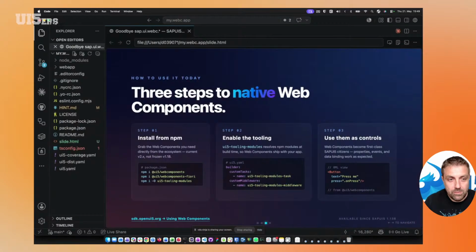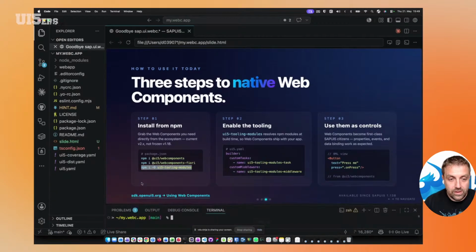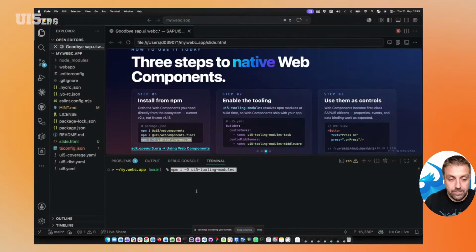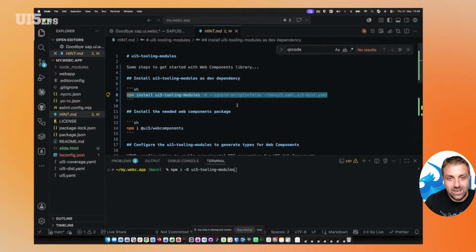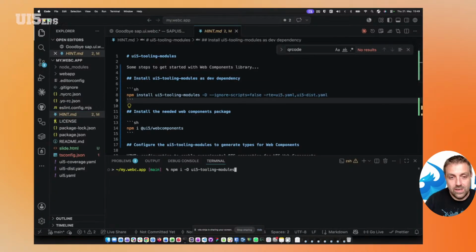So this is a UI5 TypeScript project behind the scenes. You can very easily install the web components into an existing project. So the first thing you should do is to install the UI5 tooling modules, but there has also been an extension to that, and I just need to also add that quickly here,